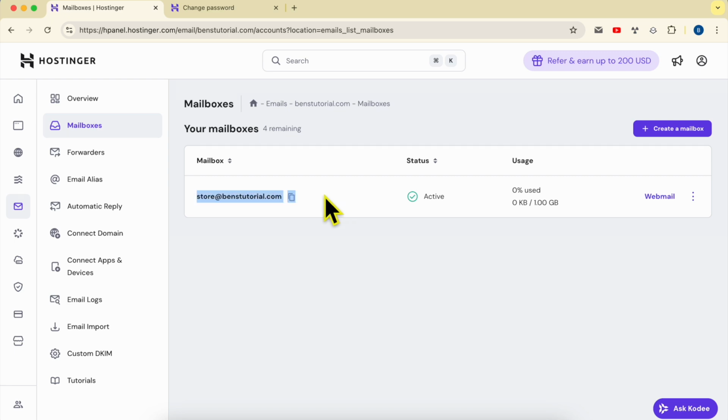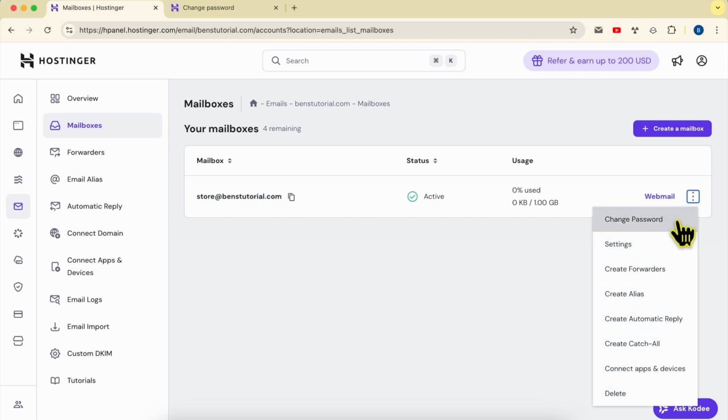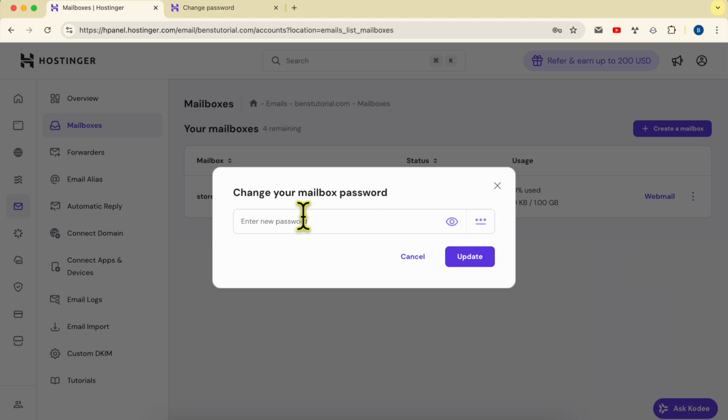And next to the one you want to reset the password for, click on these 3 dots and select change password. And here all you need to do is to fill in your new password. Here you don't need to fill in your current password, just the new one. And this is how to reset your Hostinger email password